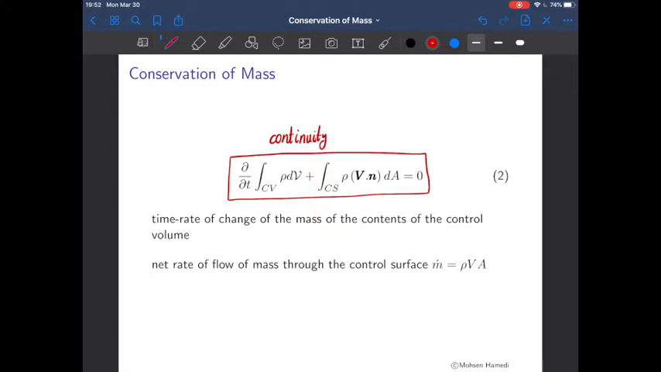And here the first term is the time rate of change of the mass. This rho dV is the mass. And here is the time rate of the change of the mass of the contents of the control volume. And here the second term is the net rate of flow of mass through the control volume surface, which here this term is the net rate of flow of mass through the control surface, and m dot is the mass flow rate,